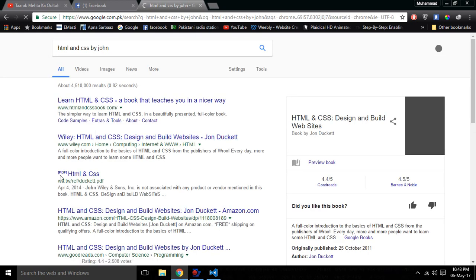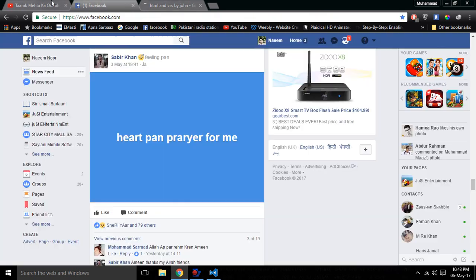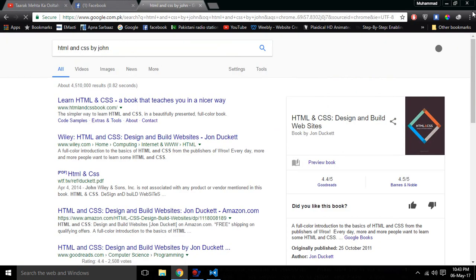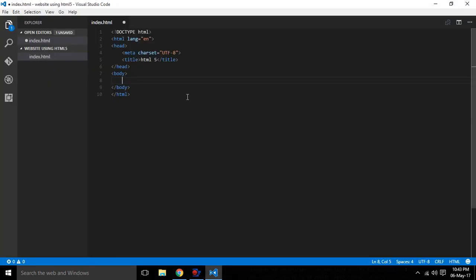This is the book in PDF format. You can download it from here directly. Inside this book you have all the details about HTML tags and CSS. There are 10 chapters of HTML in which you are led through making the structure of a website or web page, and the other 10 chapters are CSS, in which you learn to use styles.